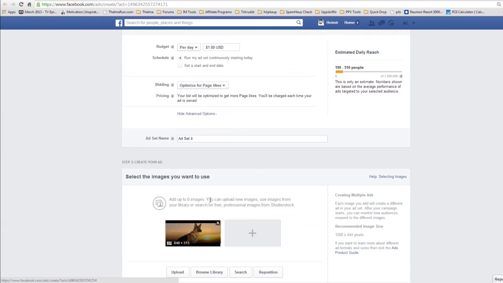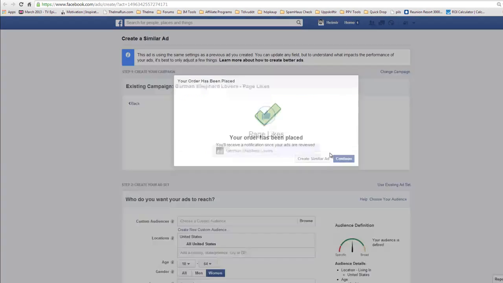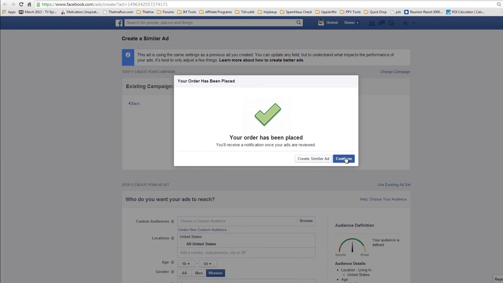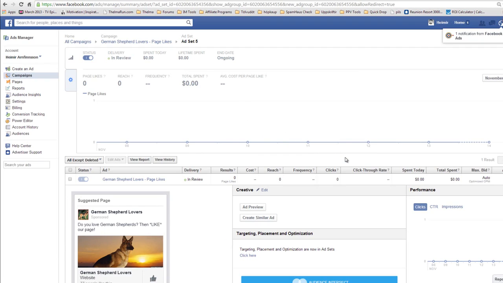Depending on your budget, you might want to. For this case, we're going to do this 5 times over. But if you have a bigger budget, you can do this 10 times over. So you'd ideally have 10 ads running at $1 a day for this German Shepherd page, or whatever page you have. But if you have a small budget and you're testing the waters with maybe 5, 6, 7, 8 niches, that might be a bit too much for you. So just stick with at least 5,